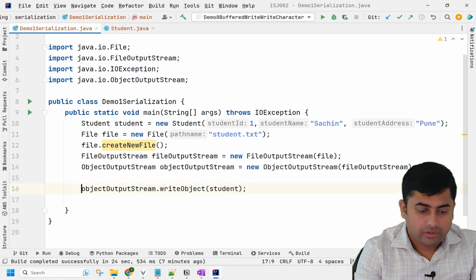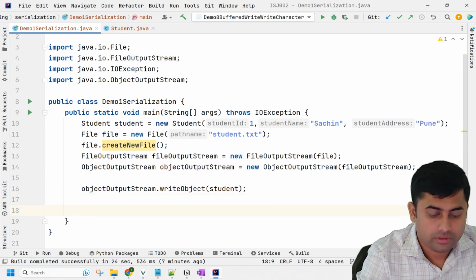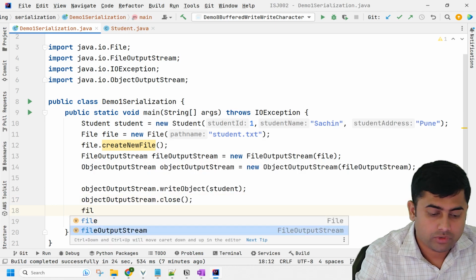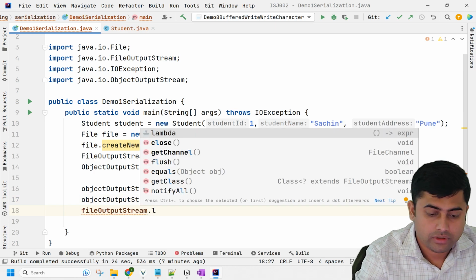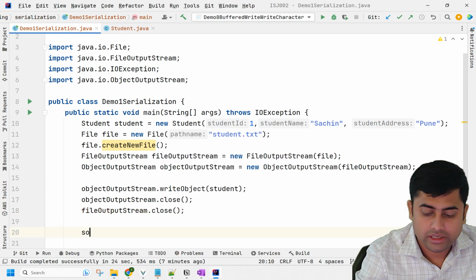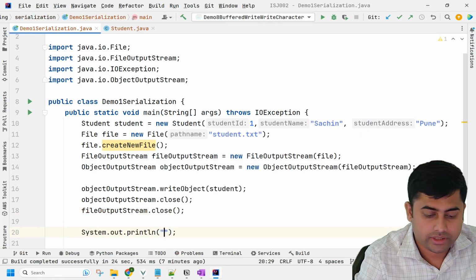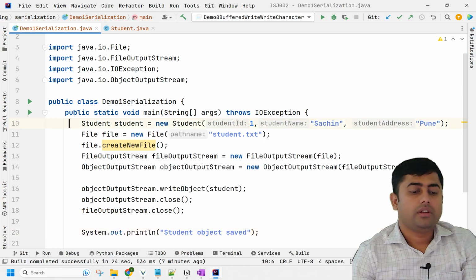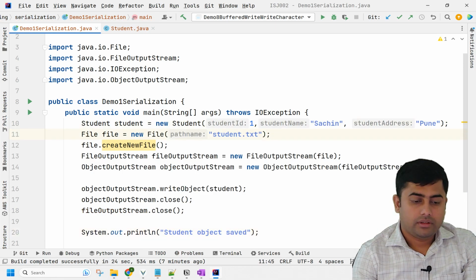And finally what I have to do, I have to close object output stream dot close. Then I have to close the file output stream object also. Finally I will say student object saved. That's it. First you created the student object, then you created the file object, then you created a file, then you created a